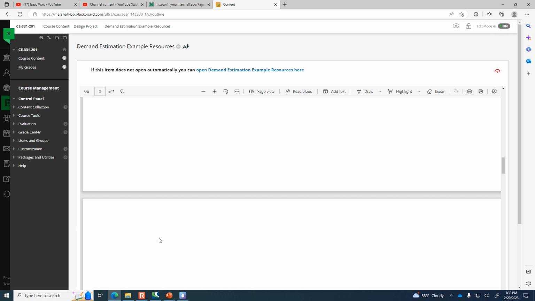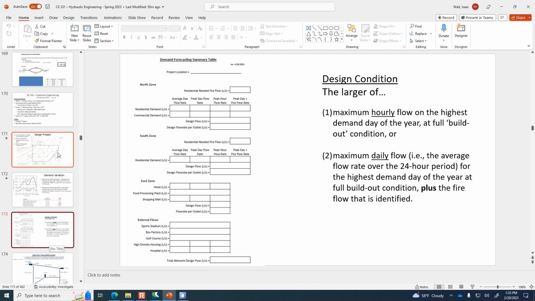The summary page is really about trying to figure out how much water is needed at each of these junctions in the network. So for example, the north zone, look at which arrows feed water into the north zone. It's not B, it's not C, it's not L. A and M are the junctions that feed water to the north zone.